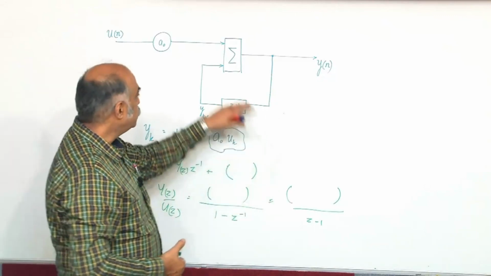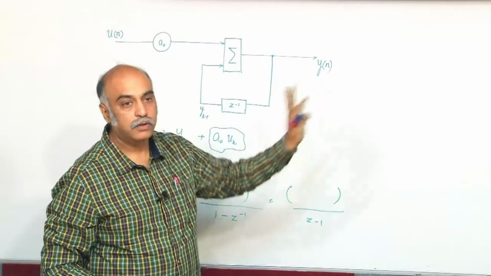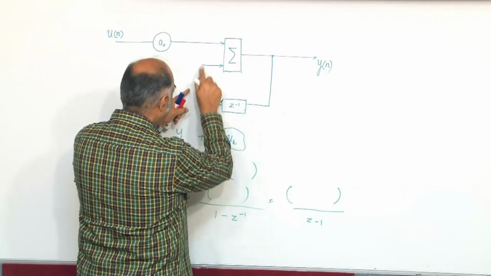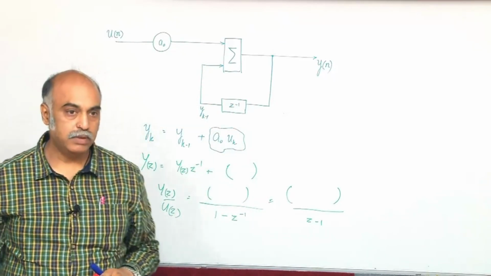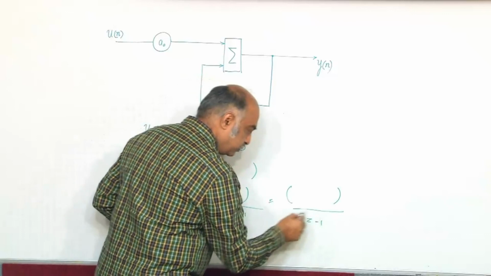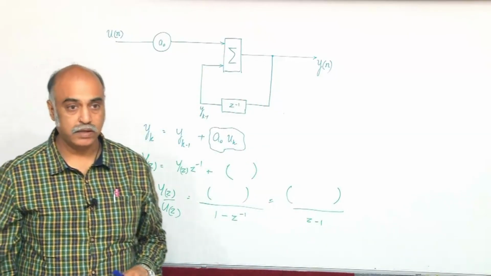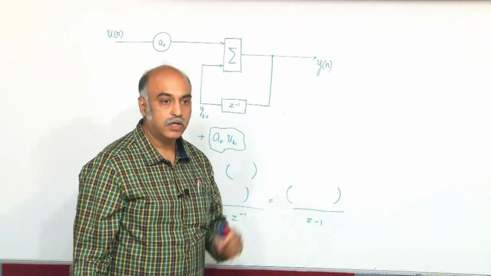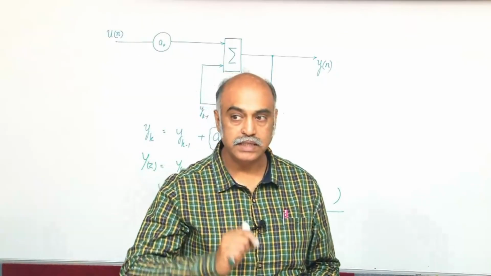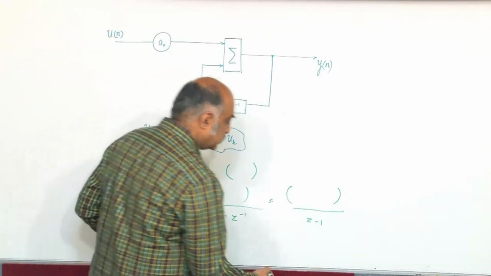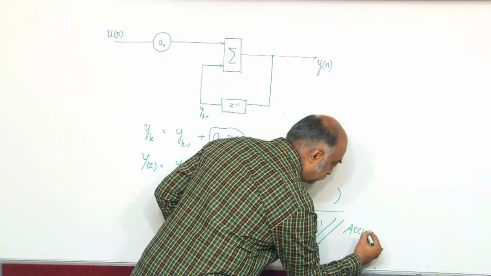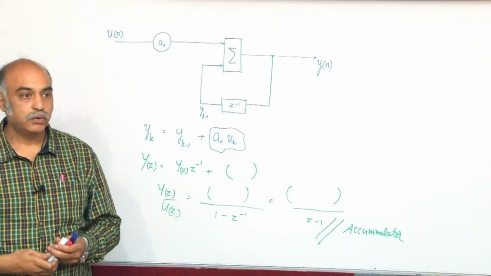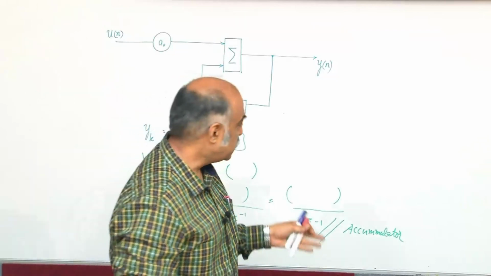This is the structure you will see in all your systems, having output pass through a delay fed back with 1 as B1, which will have z to the power of minus 1, or 1 minus z to the power of minus 1 as the denominator polynomial, or the pole location is at z is equal to 1. Okay. This is your accumulator. Accumulator equivalent to integration effect in the continuous domain. So, this is an accumulation effect.